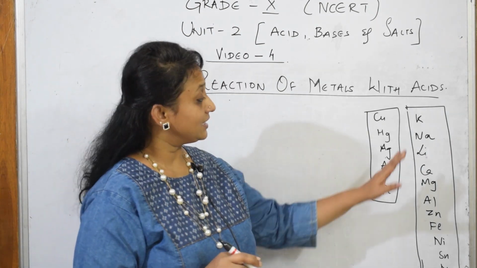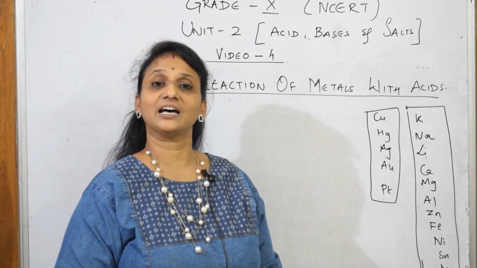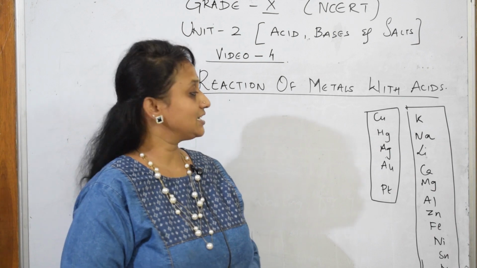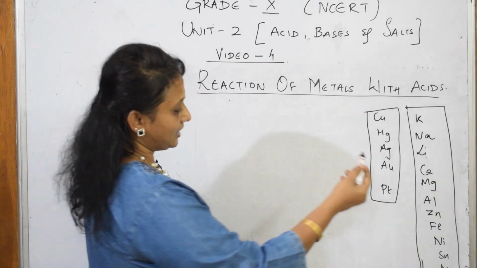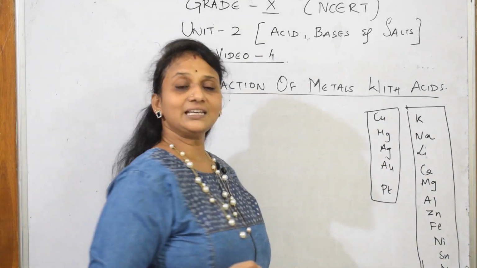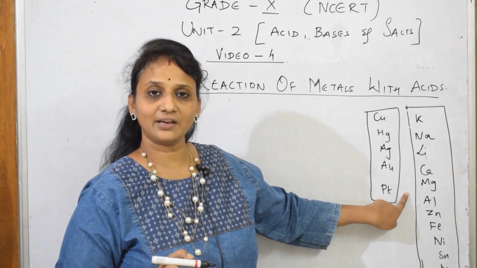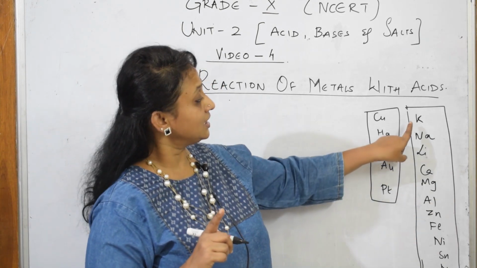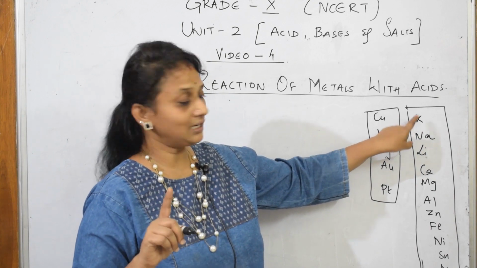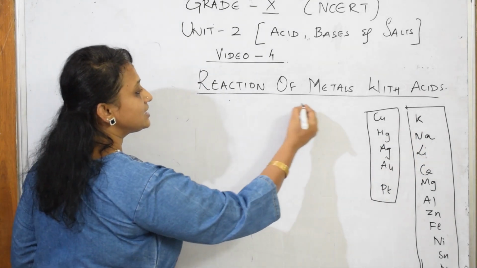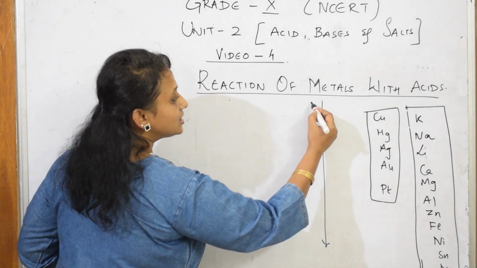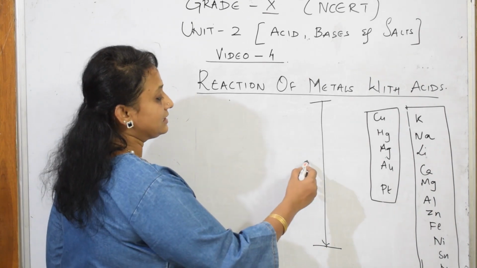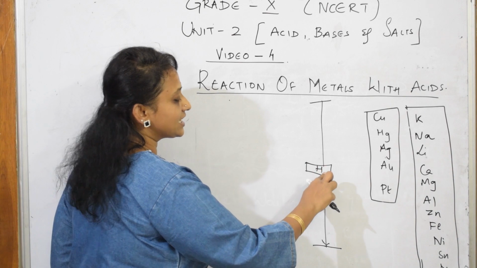In the same way there is a certain series in which metals are arranged, that is the reactivity series. So what is the reactivity series? Because the board is still here, I have written it in 2 boxes. Reactivity series is a series of metals where the metals are arranged according to their decreasing reactivity. Here is the strongest and highly reactive metal, and here is the least reactive. In the center there is hydrogen, which is taken as a standard.